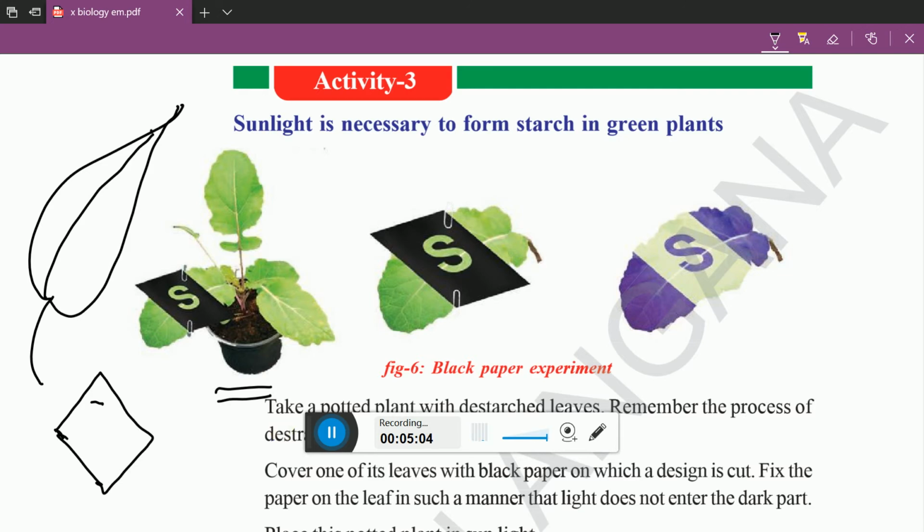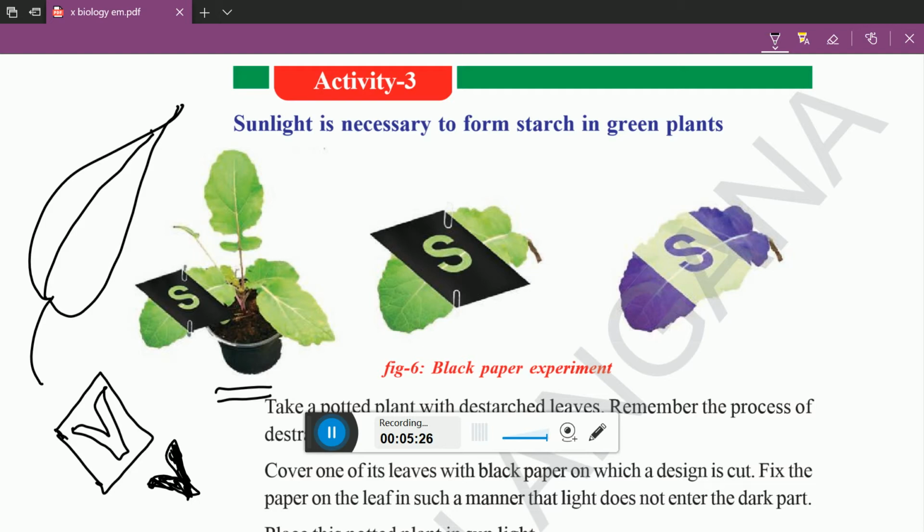Here, for the potted plant, we will select a good, very green leaf, and then we will take one small black chart in any shape. My name is Vijay, so I am taking a V letter here. You can take any letter, meaning your initials only, not any others. Then we need to attach a paper clip here.